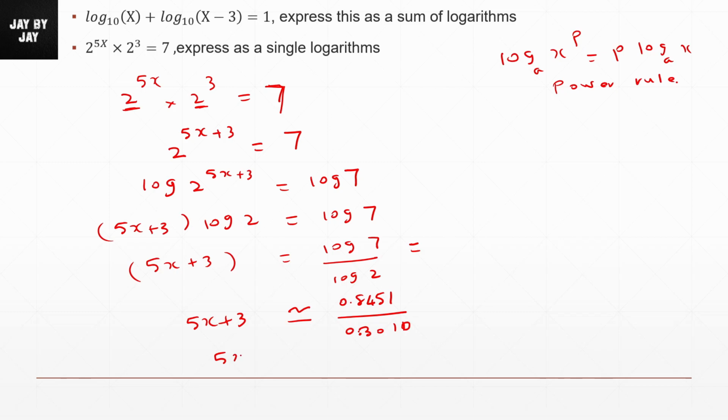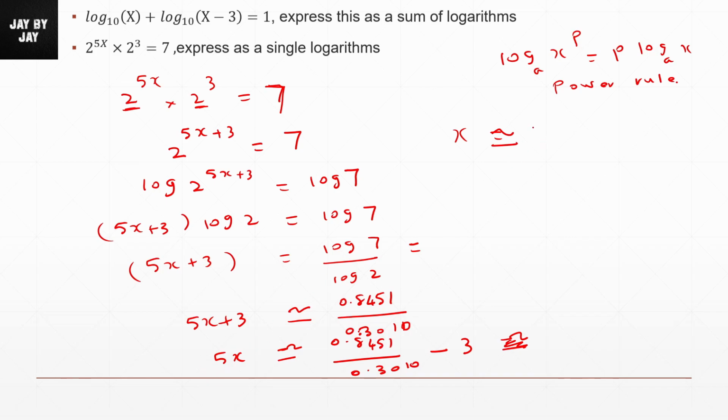again we can write down 5x approximately equal to 0.8451 divided by 0.3010 minus 3. Okay, if you use the calculator you will get the value here, and again, what is the x value? Okay, sorry about that. X is approximately, we need to divide the left hand side of the equation